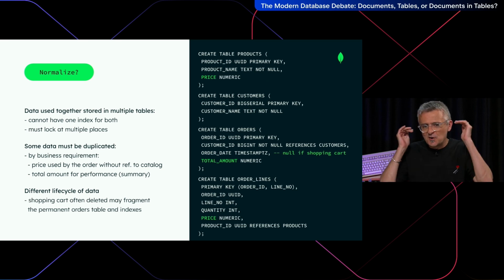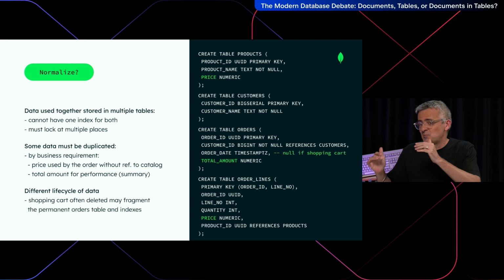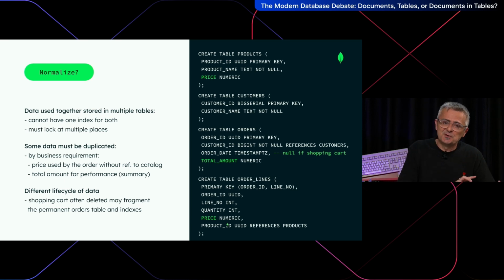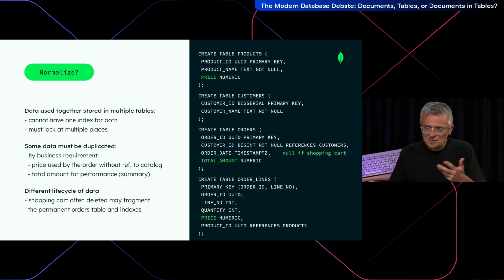So either you version all the prices of the products, which brings more complexity, or you just put the price at the time of the order. So you may have some duplication in a normalized database, not only for performance, just because the business needs that. And I think I have that in the next slide, but I will cover it here. Another example, if a product name changes.